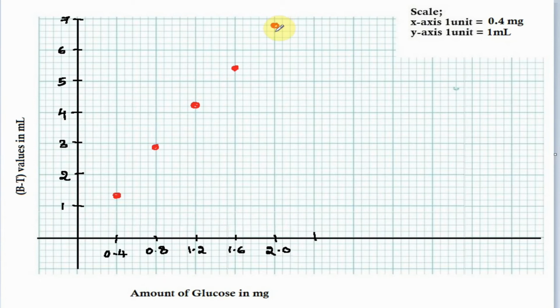Let us draw a straight line passing through approximately 3 or 4 points. Since we have obtained proper values, we get a straight line passing through almost all the points. So this can be taken as our graph of values. Now the unknown value is 4.7. Let us draw a straight line from the x-axis.